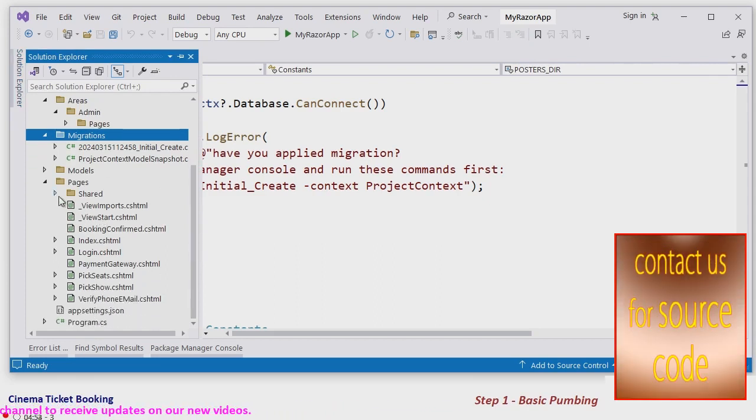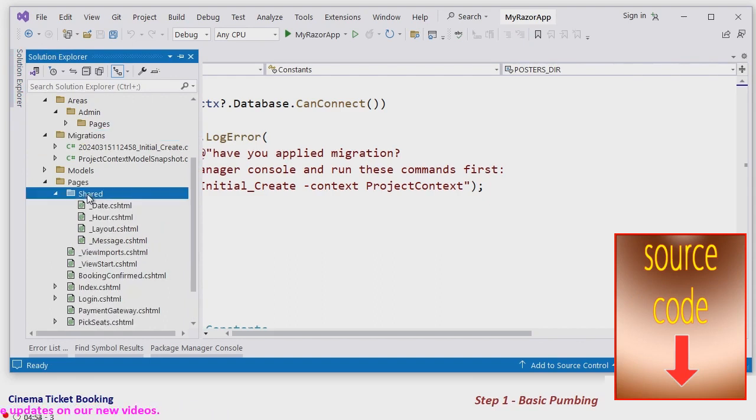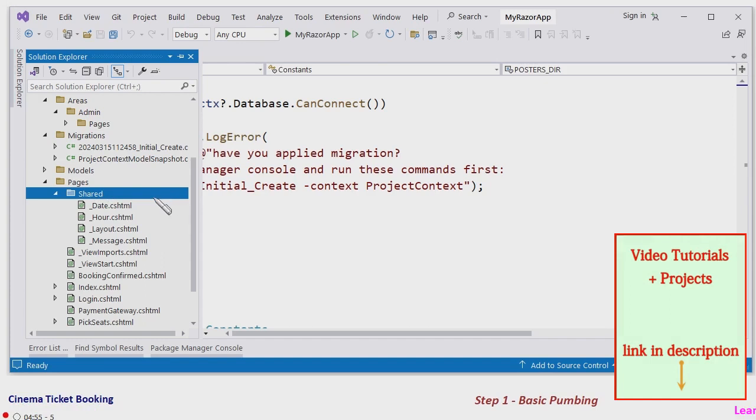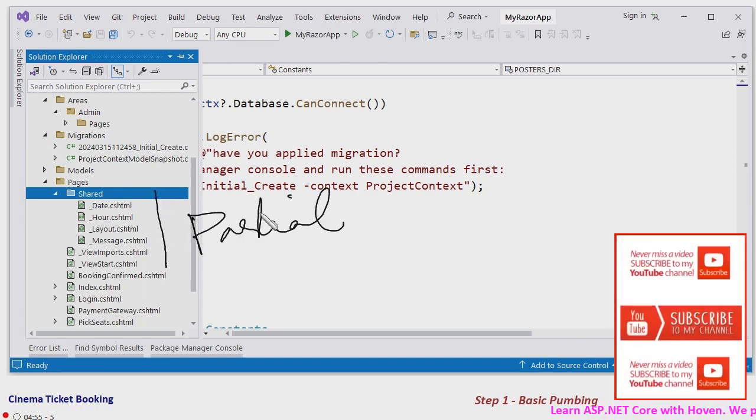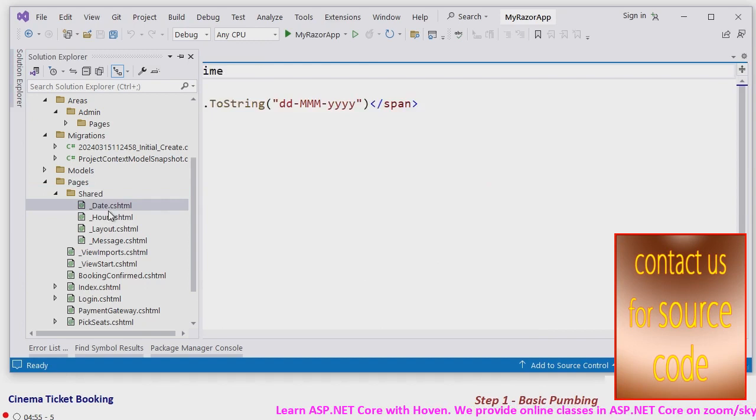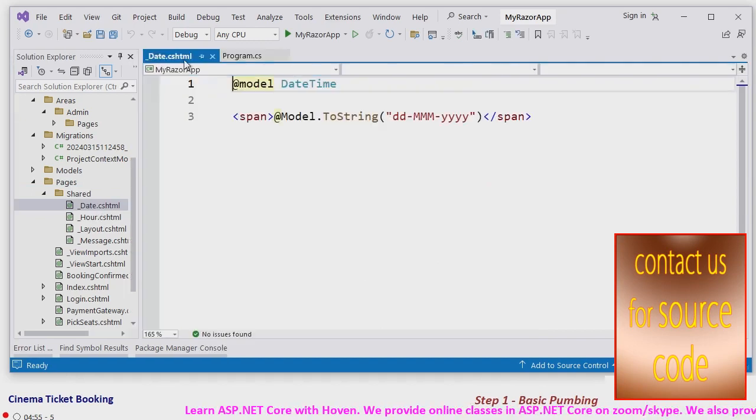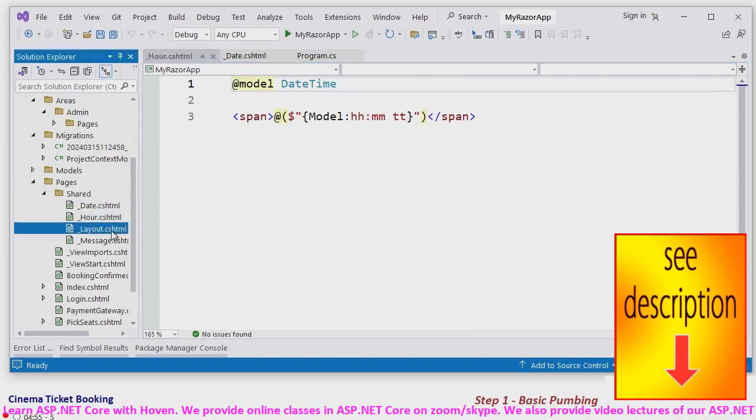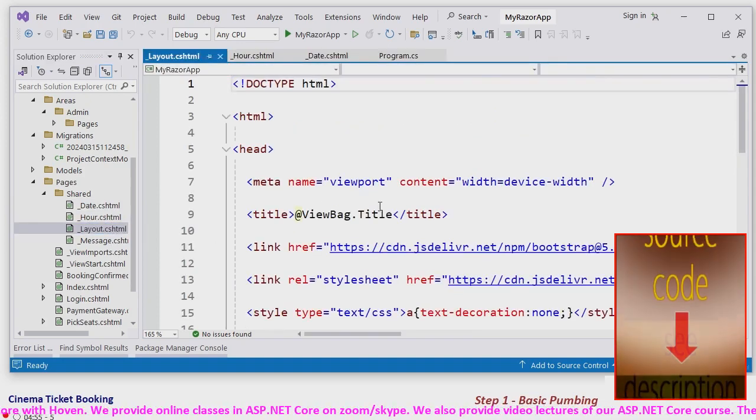And next, let us come to the other things. This is the shared folder, and it contains underscore date. These are all partial views. They will help us display formatted data at relevant places. For example, this one will format the date, this will format the hour. This is the layout page for the whole project,